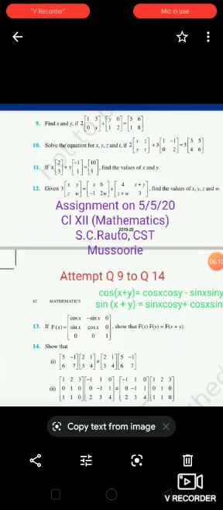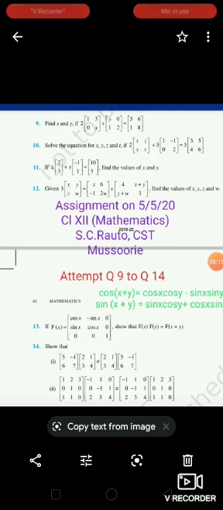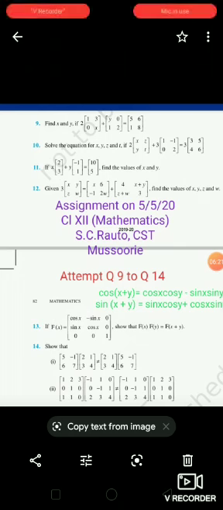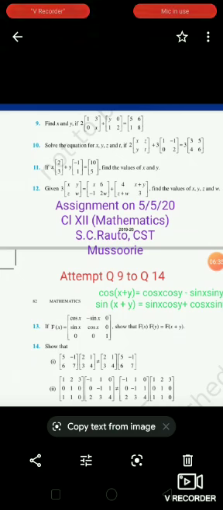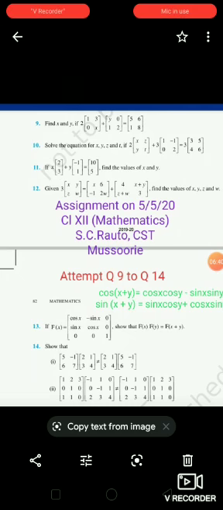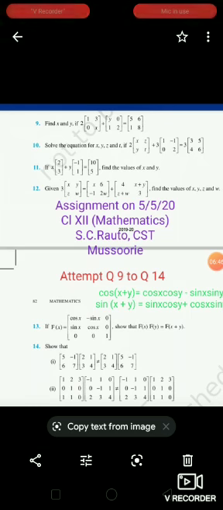Similarly, coming to the 14th part 2, the question is also matrix multiplication of order 3 cross 3. Left hand side multiplication you do, and right hand side you do. If in case you get equal, no problem. If you don't get equal, then you will prove that the products are unequal. That is what you want to show. That is why matrix multiplication is not always AB equal to BA. Matrix multiplication is not commutative unless under equal matrices.